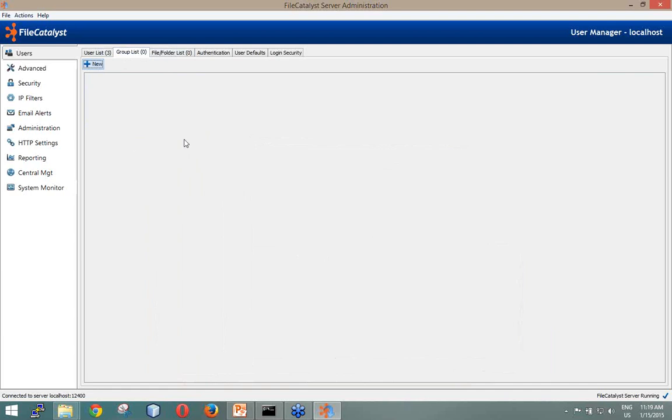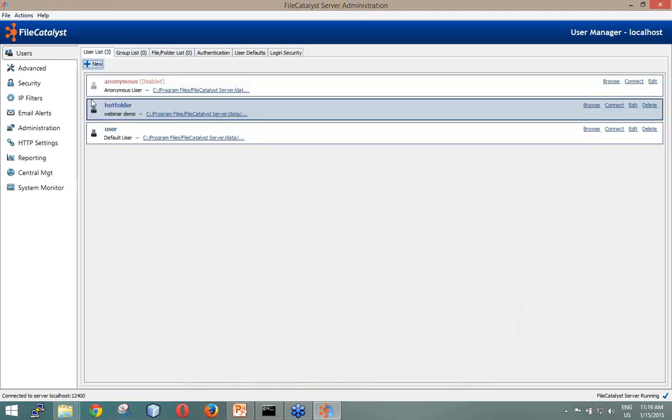And you can group these virtual files and folders into groups. So when you have hundreds or thousands of users and hundreds of hot folders, you can just group them and break them by project or by department. So when you're creating a user, it's very nice and quick. You don't have to add them to 30 different hot folders or virtual folders. Once you have this user created here, this user is ready to log in and actually do a transfer.